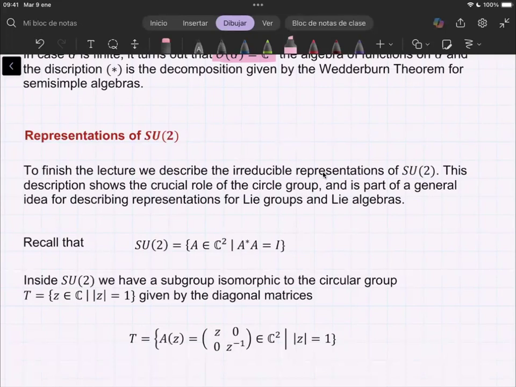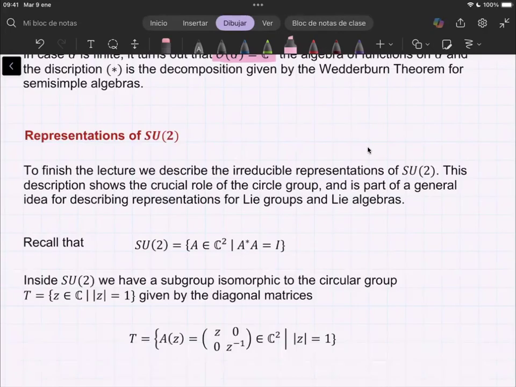Yes, but what I'm saying is that the V that appears once appears in V star tensor V. So this is the matrix algebra, or in terms of decomposing into irreducible representations, every representation appears once, and the number of times that it appears is the dimension of the representation. And this is actually another way of saying that